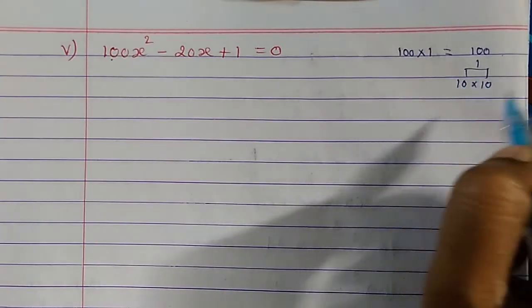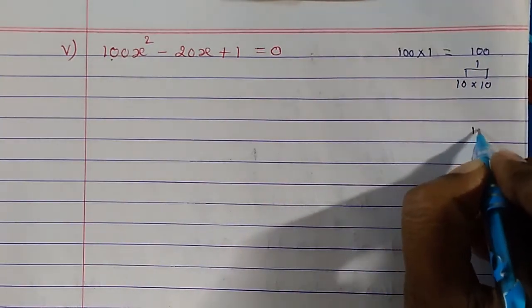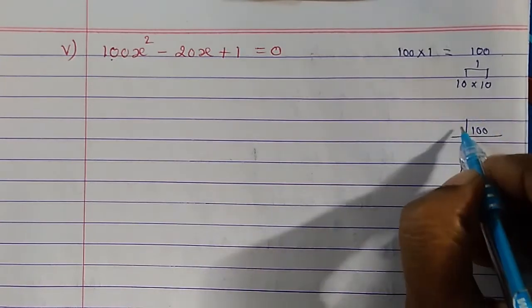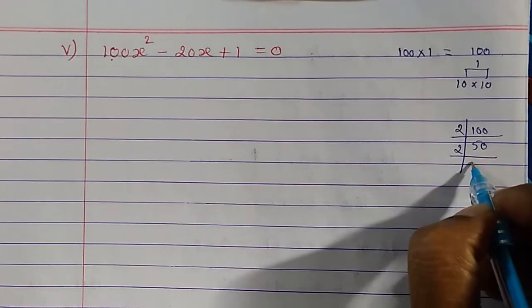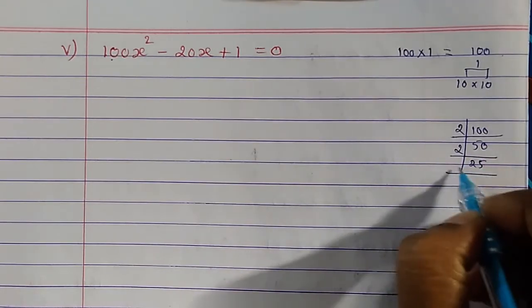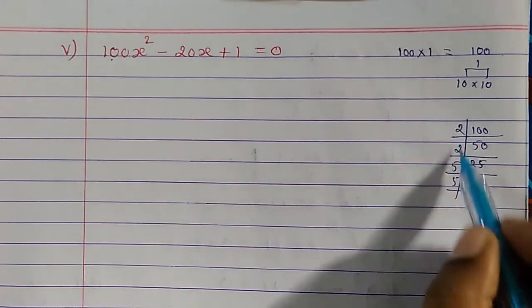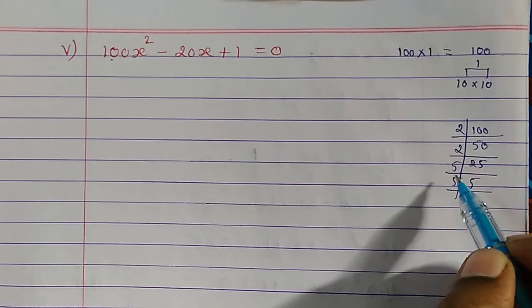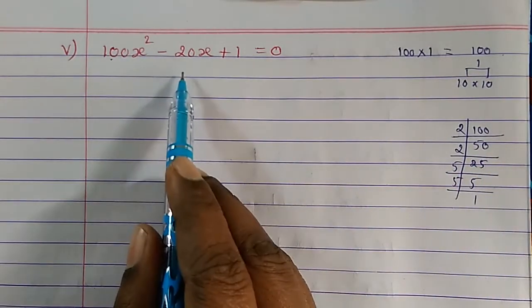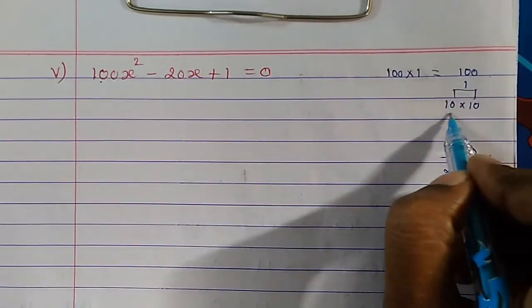So let's see whether this pair is working out or not. If it doesn't work out, then we can go for the factorization. Those of you who don't know, you can go for the factorization. 2 times 50, then 4 times 25, then 5 times 20. So you can do it this way also. Then you have to find out from here which numbers, if we add or subtract, give us the middle term. Otherwise, if you know the factors, you can write it down like this also.